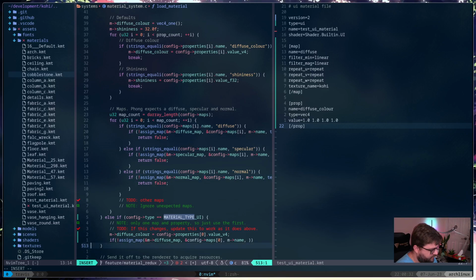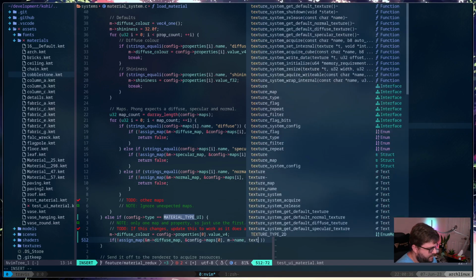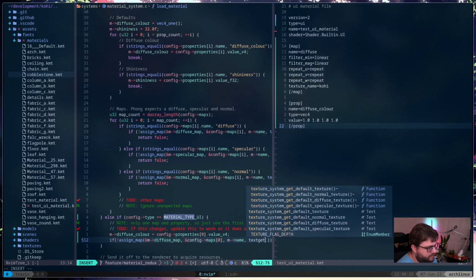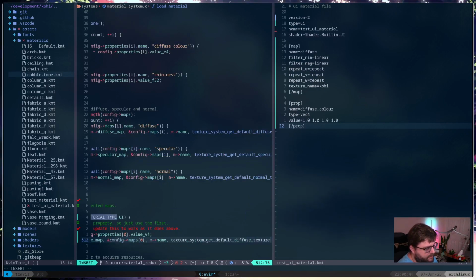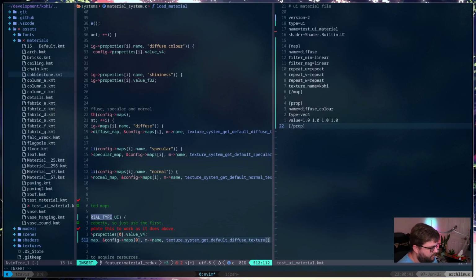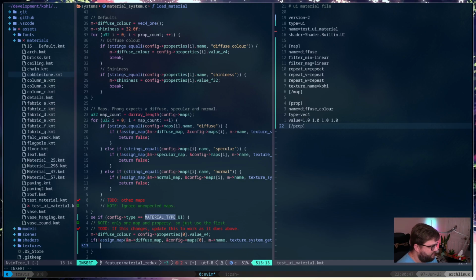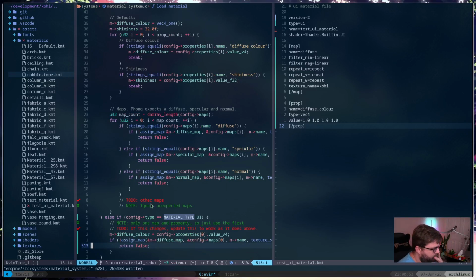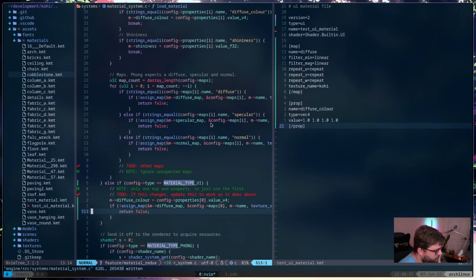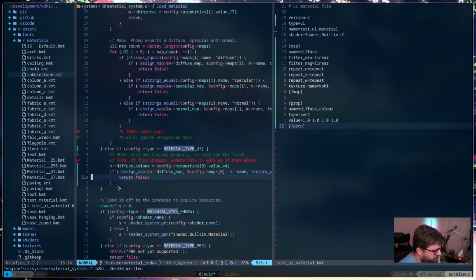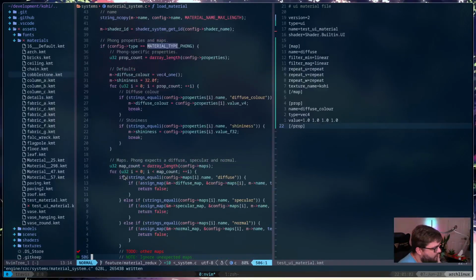So I guess we'll just say texture get default diffuse texture. Okay. And so if that fails, obviously, then we need to return false. Okay. And that should cover us for that material type. All right.